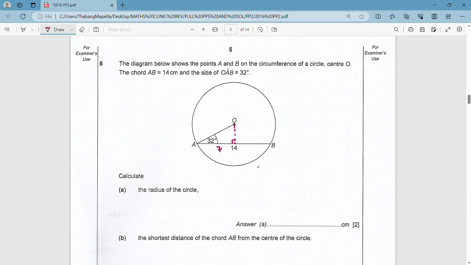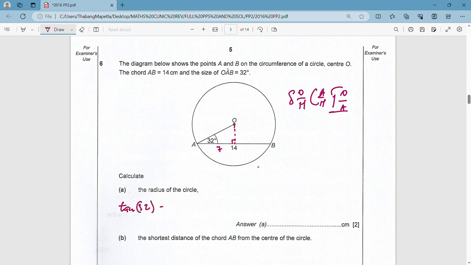The radius here in this case is opposite, so you can use sine rule, I guess. Is it sine rule? No. SOHCAHTOA. So here we have angle and we have adjacent, and we are looking for opposite, so tan will be the one which will work for us. So then we are going to have that tan